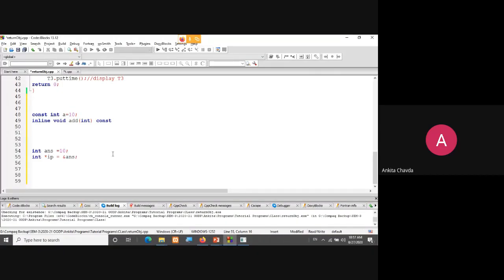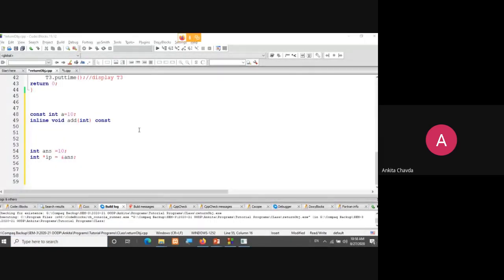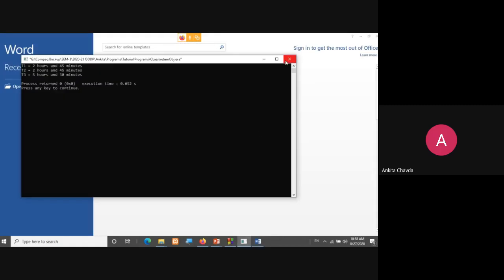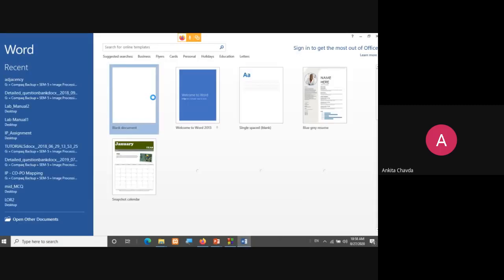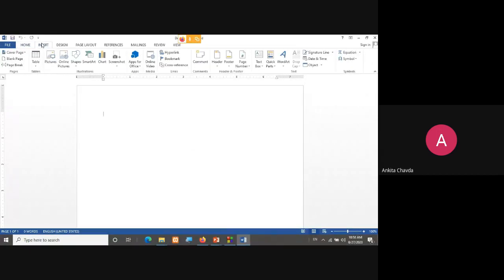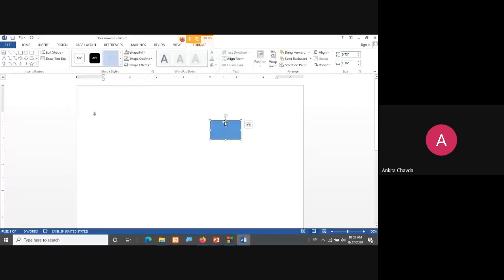So if we draw something in the Word file, it will take some time to open. Suppose here is my variable, that is a, or answer, whatsoever you will say.